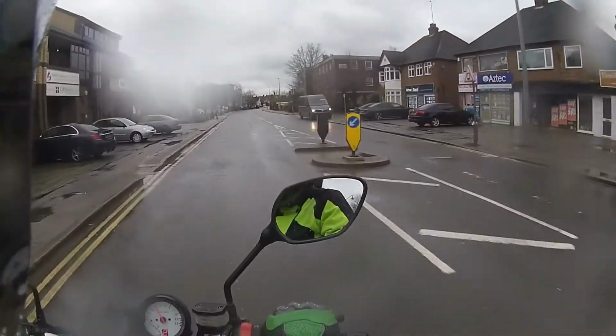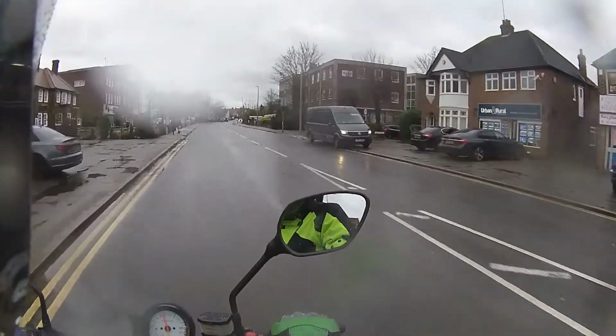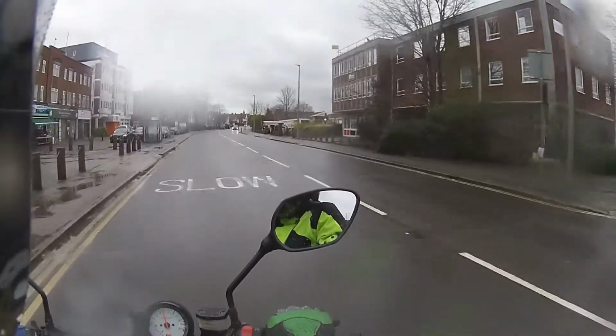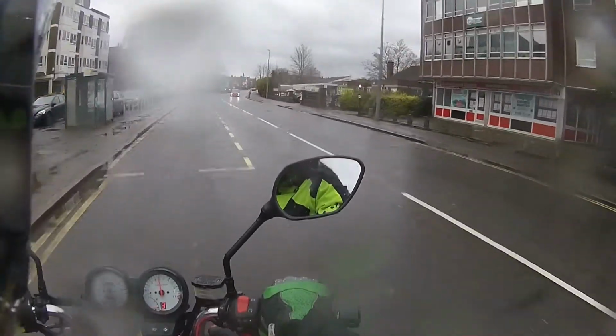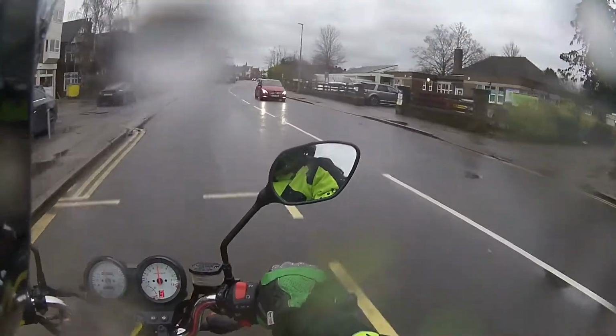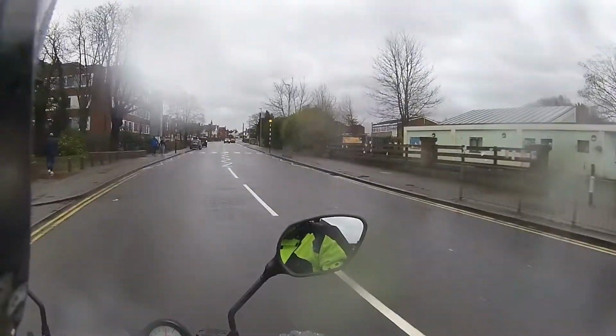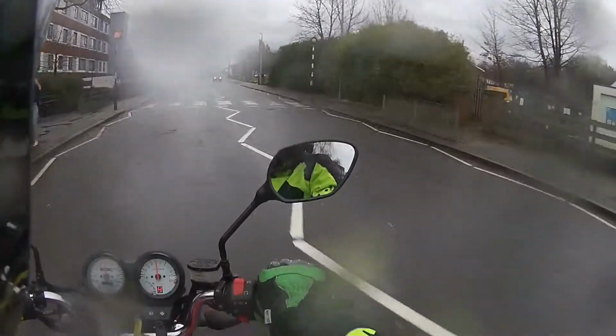So I'm sticking to the urban route today, just taking her out, having a little run around. Now the bar position on this, pretty good, nice and up high, elbows are nice and level with my arms. Nice display on the clocks, and I do like that nice gear indicator down there. Third gear, 4-speed box, in 4th gear,